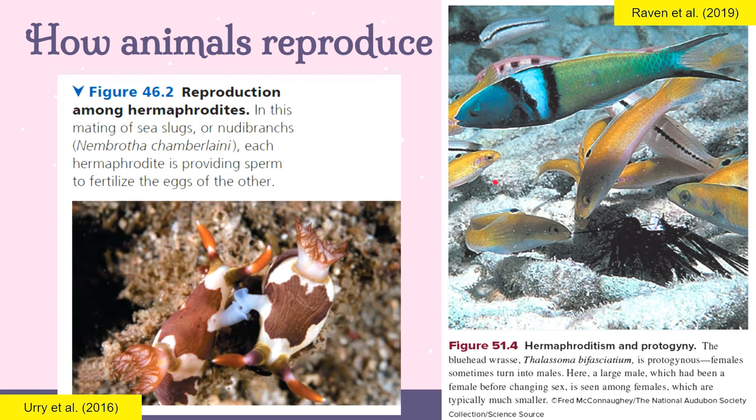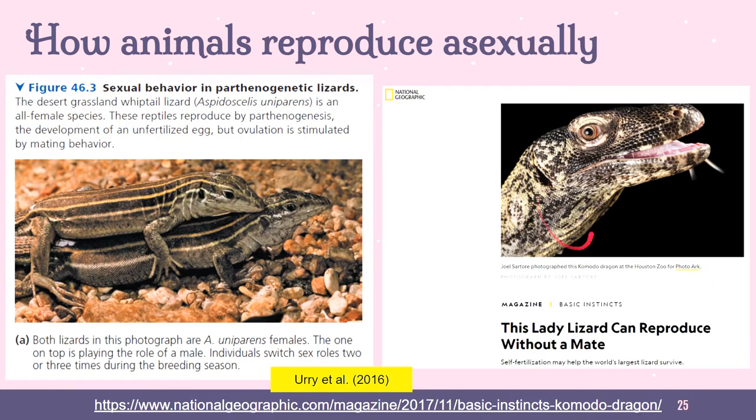Okay. So we see here the bigger male and then the rest are smaller females. So we have this variation of reproduction in animals. Now we've mentioned parthenogenesis a while ago, okay? So another, aside from the Komodo dragon,